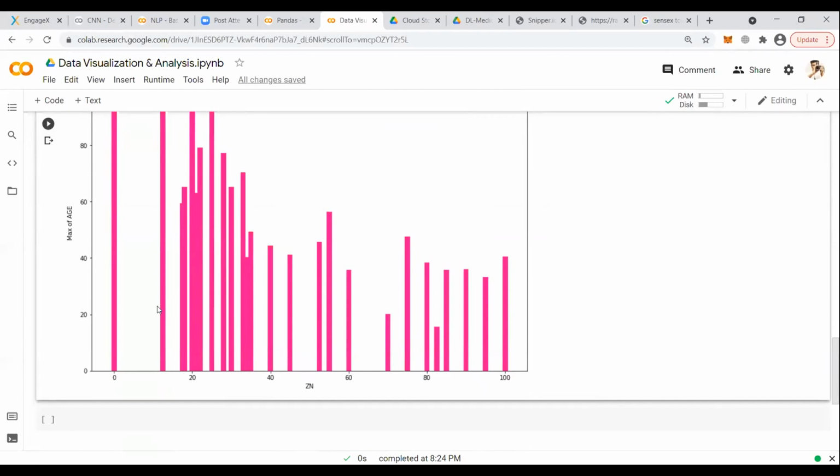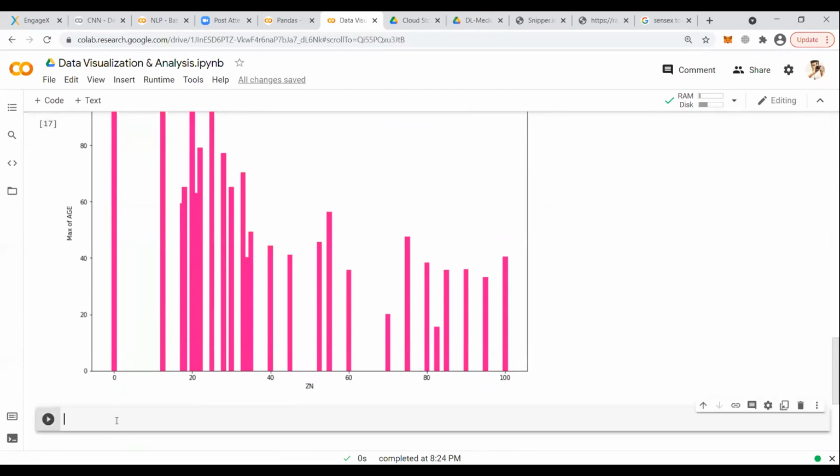It could be continuous, but if there are just 100 values and all of them are separate and unique, it's okay. You can plot it as long as they're not overlapping. If they're overlapping, then don't use bar. Here you can see most of the values are separated. These started overlapping because I increased the width.